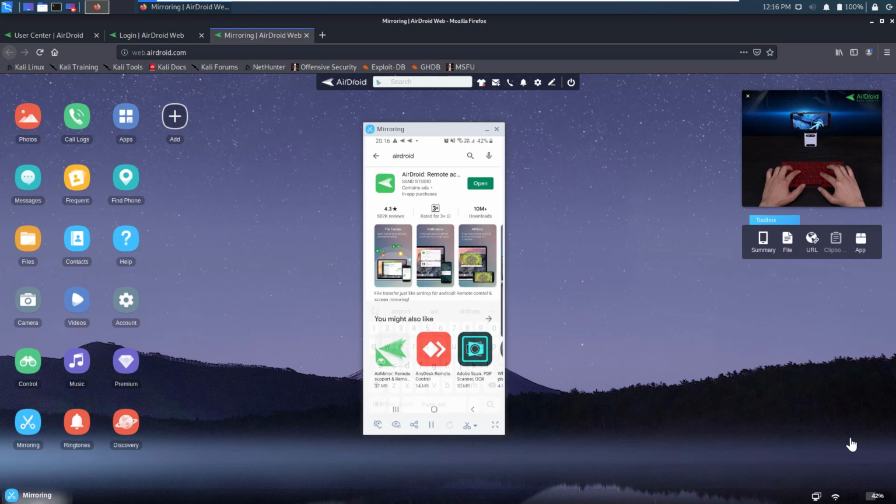web.airdroid.com, as you can see here on the screen, and connect the two devices. You need to sign on with the Google Mail address that you've set up your Android phone with. So once you do the setup, you need to open the application on your mobile phone,